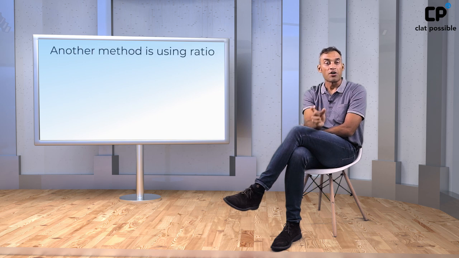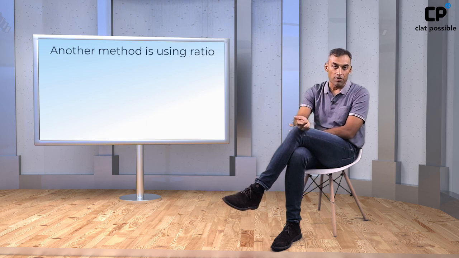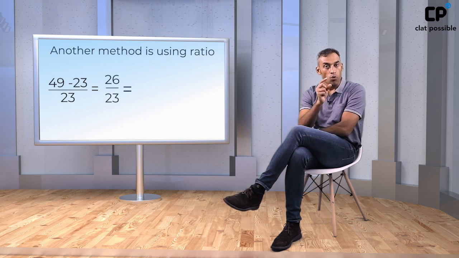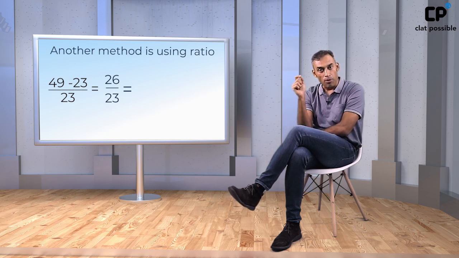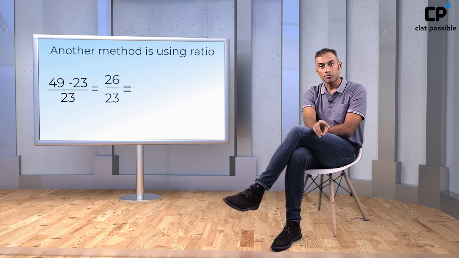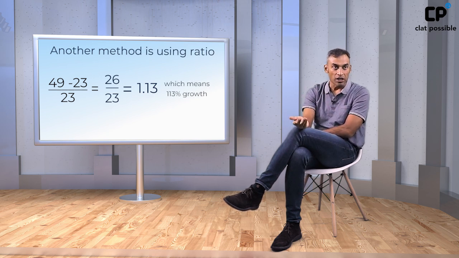The second way of doing it, like I said, is converting this into a ratio, that is 23 upon 49, and then calculating in a similar way. So 49 minus 23, which is 26 upon 23, right? So overall my ratio becomes a 26 upon 23 ratio. Converting that into an improper fraction, it will be 3 upon 23, and 3 upon 23 is slightly more than 10%, and we'll get to the same answer, which is 113% here, or 1.13. So either I say 113% or 1.13, it will mean the same thing.